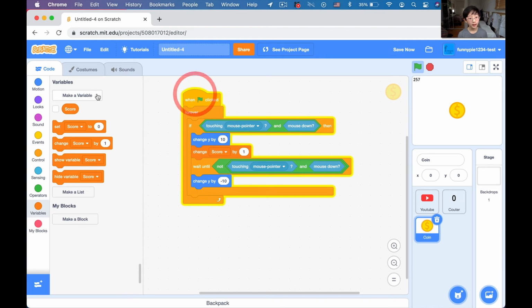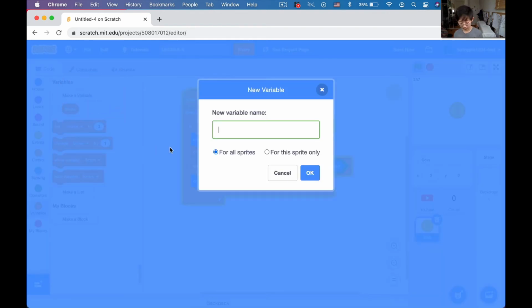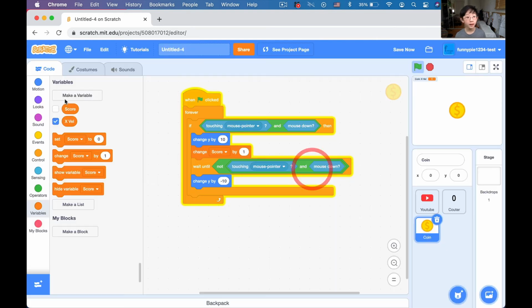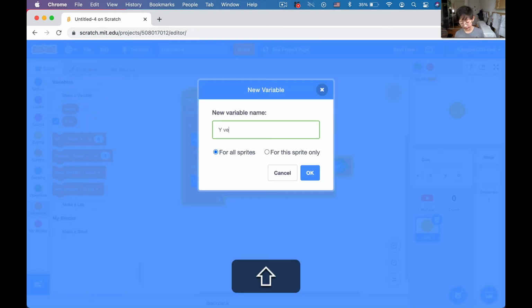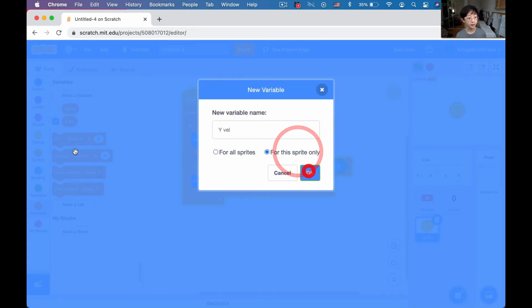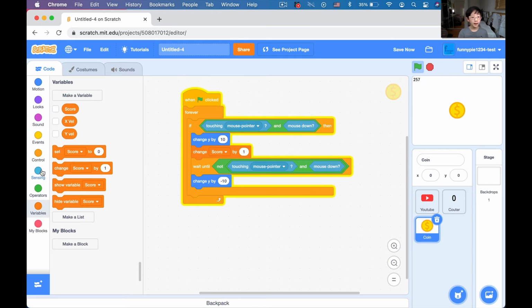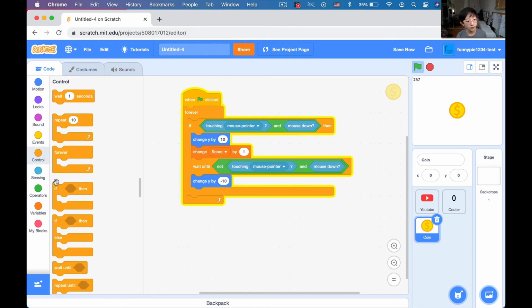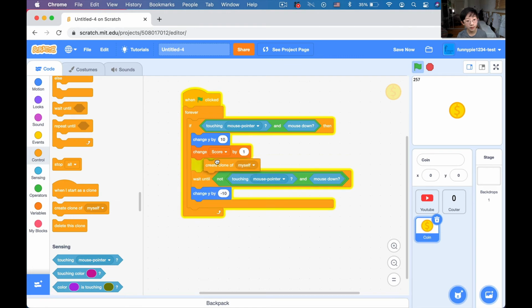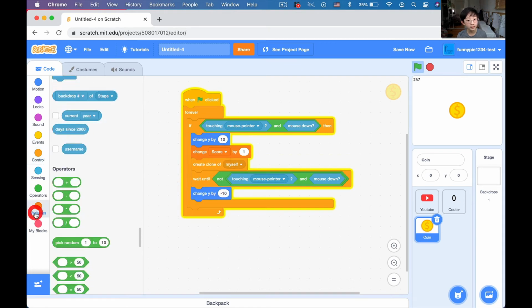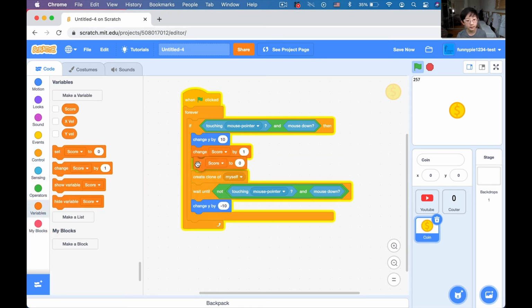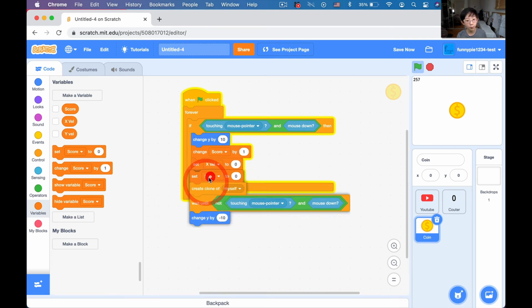So I'm going to create 2 new variables. I'm going to call it xvel for x velocity for the sprite only, and another one called yvel for y velocity for the sprite only. And hide those. And I'm going to create a clone of myself, and I'm going to set x velocity and set y velocity,